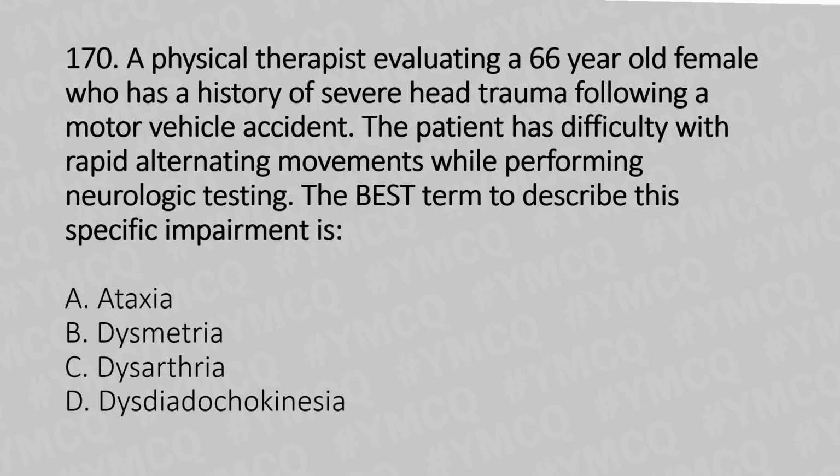A physical therapist evaluates a 66-year-old female who has a history of severe head trauma following a motor vehicle accident. The patient has difficulty with rapid alternating movements while performing neurological testing. The best term to describe this specific impairment is Option A. Ataxia. Option B. Dysmetria. Option C. Dysarthria. Option D. Dysdiadochokinesia. And the answer is